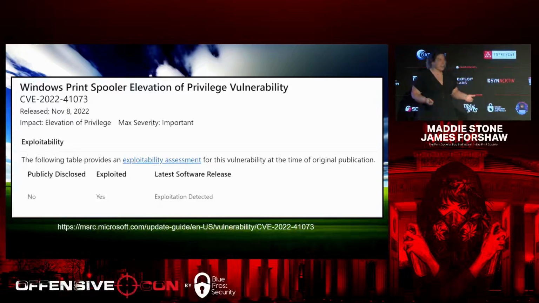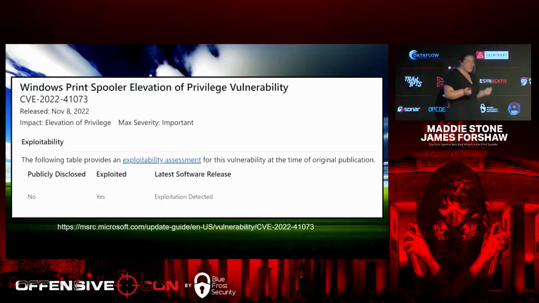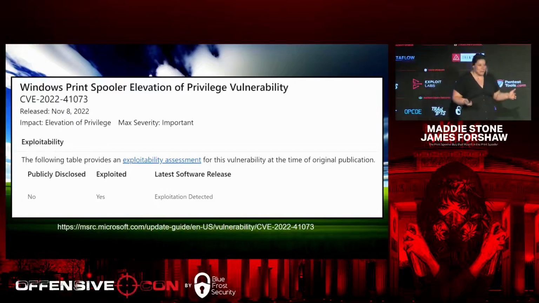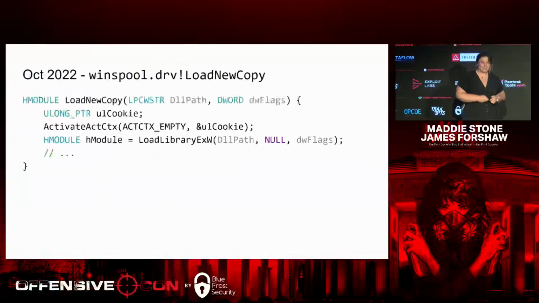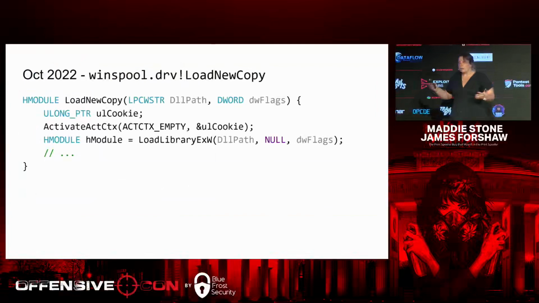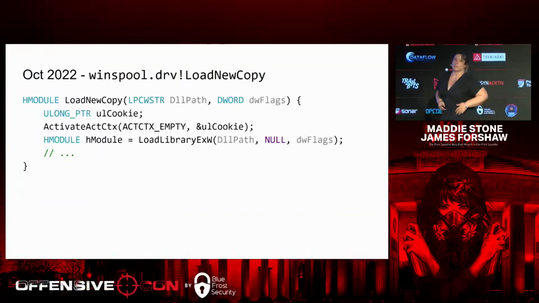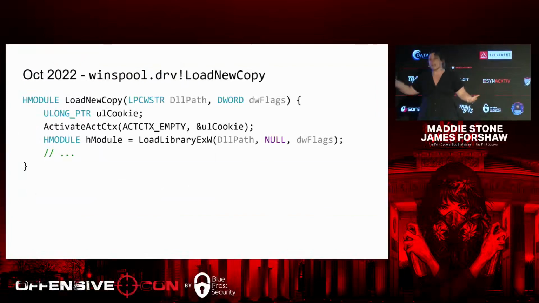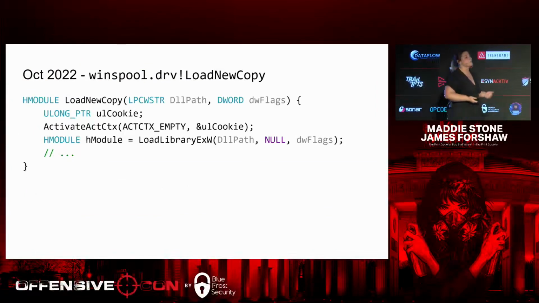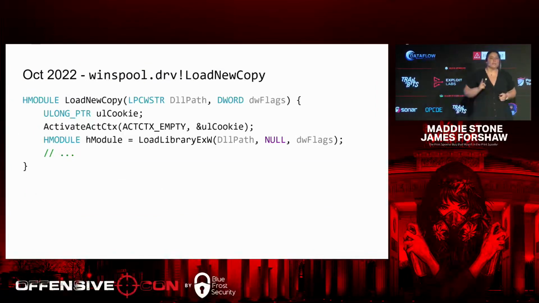So it seemed like a great candidate to do a quick little root cause analysis of what was going on in Print Spooler. So I went through all of the different files associated with Print Spooler, looking at the October version and the November version to try and figure out what was this bug, what was the fix. And there was only one file that had been changed in that time period, and it was winspool.drv. And thankfully, within that file, there was only one function that had any change in it, and that was this